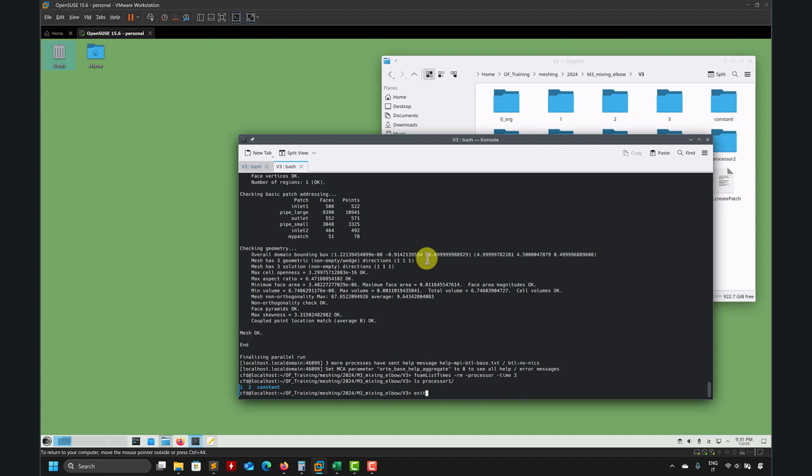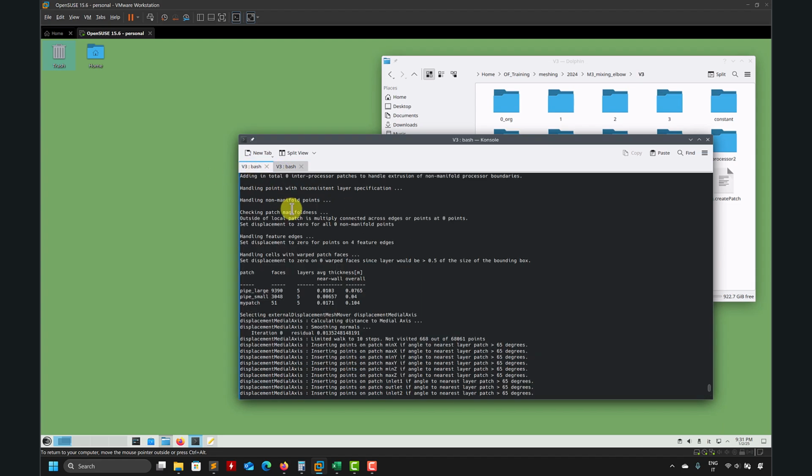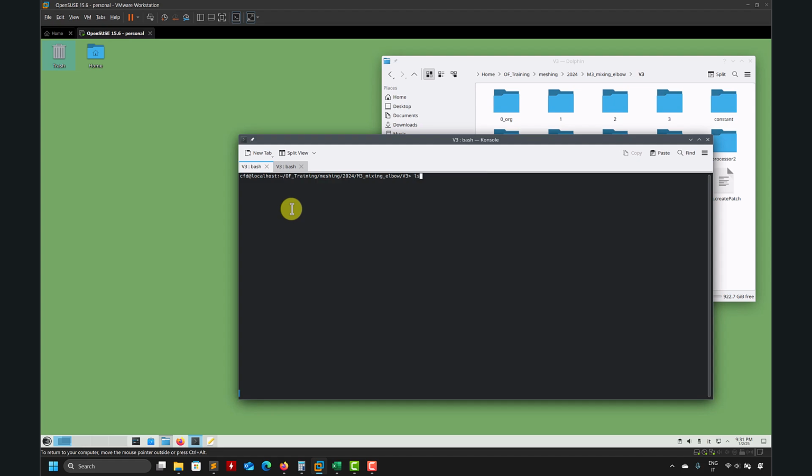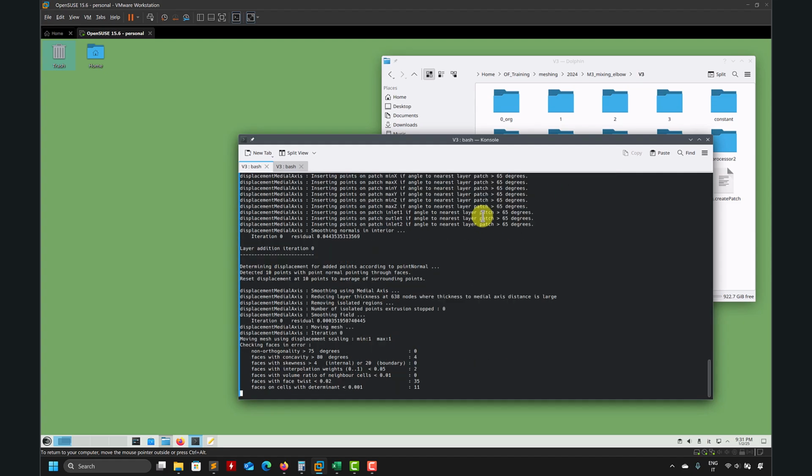Let me see if I already have it here. Okay, probably here. I should have that command here. Okay, I have my checkMesh. Okay, so see here that I run snappy, do just the BL, the last step, and let's see what we